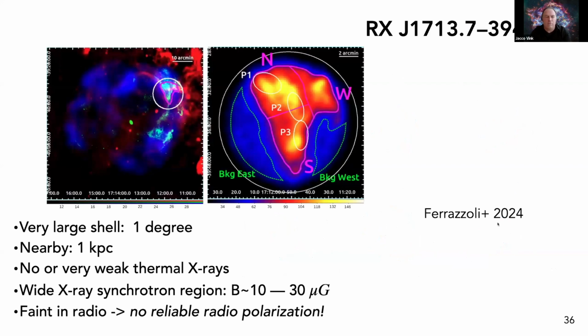And then came the big surprise. We also looked at RX J1713. This supernova remnant is completely X-ray synchrotron dominated, no thermal emission there. We didn't know what to expect because there are no good radio maps that have measured polarization. So the IXPE polarization measurement is the first polarization measurement for this supernova remnant. We looked at this bright spot in the northwest, and this is the